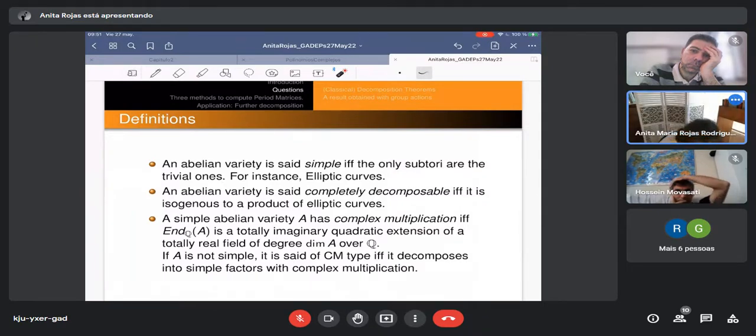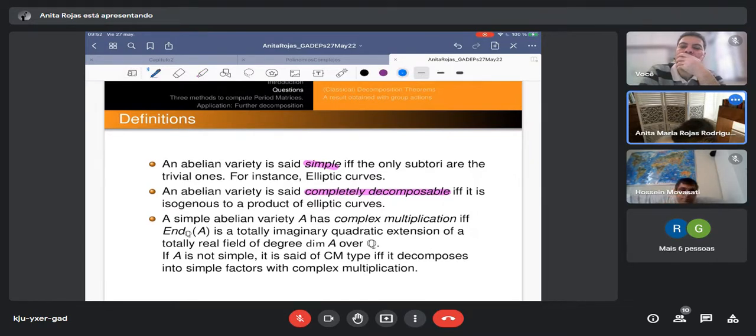So some definitions, because these are the kind of questions we are going to be addressing with this period matrix stuff. Okay, so an abelian variety is said to be simple if and only if the only subtori that it has are the trivial ones. For instance, elliptic curves are the simplest abelian varieties, but you can have simple abelian varieties in higher dimension too. An abelian variety is said to be completely decomposable